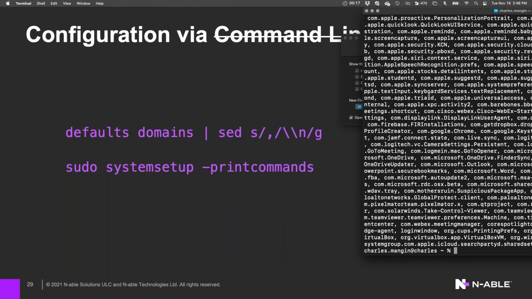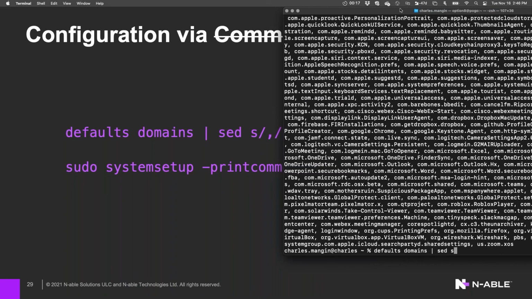namespace. And so if I do that same command and then pipe that output to sed, which is the string editor, what I'm going to do is search for comma, and then I'm going to replace comma with newline, and I'll do that as a global.